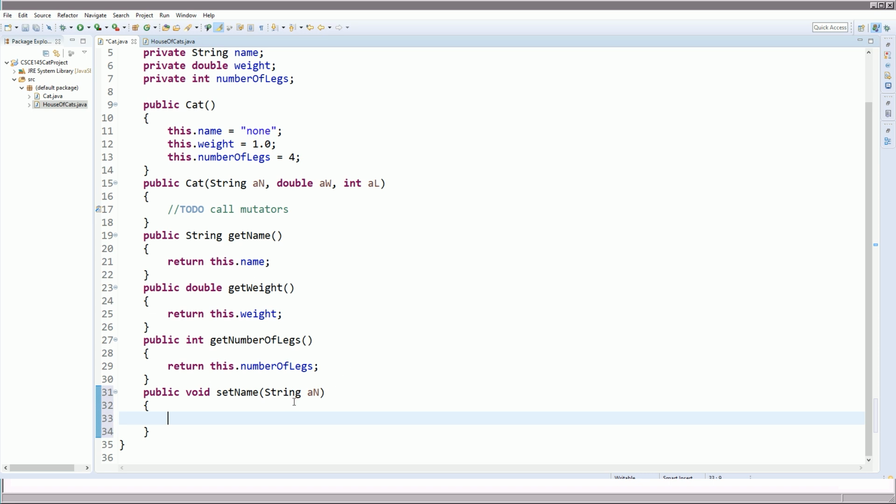Strings are also class types. Something that we should ensure is this value has been constructed. In other words, AN is not null. So if AN is not null,